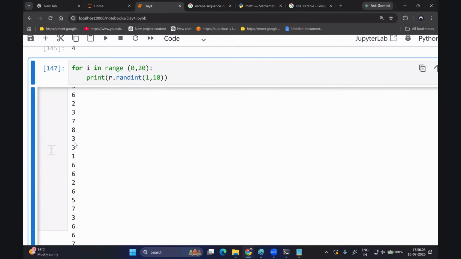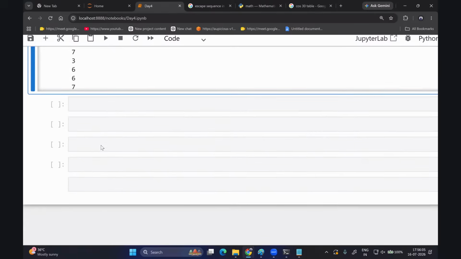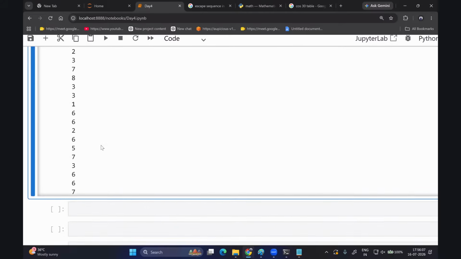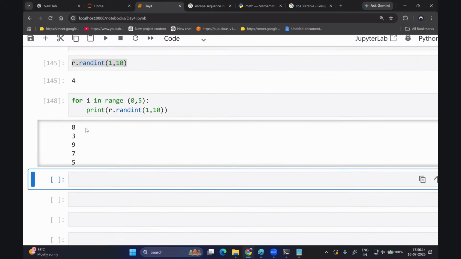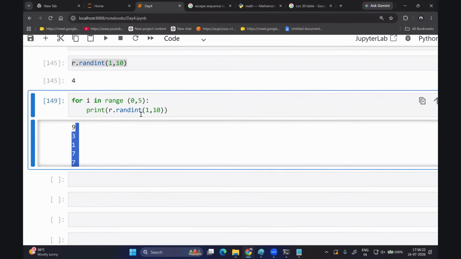Now, this code is very useful. So every time you run it, see, one time run it. Let me give 5 numbers only, so it will become easier. So we get 8, 3, 9, 7, 5. One random integer they have generated. And every next time I run it, there are different random numbers. So very, very useful. We can maybe use this code